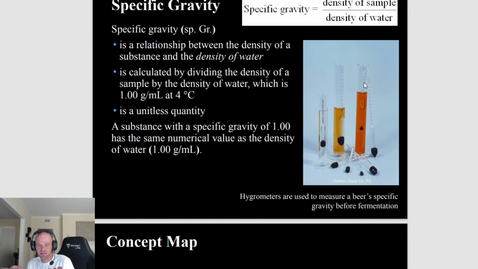Okay, so this is essentially what specific gravity tells you: whether or not something is going to float. If it's less dense than water, it'll float. If it's more dense than water, it'll sink. So rocks and stuff are all like